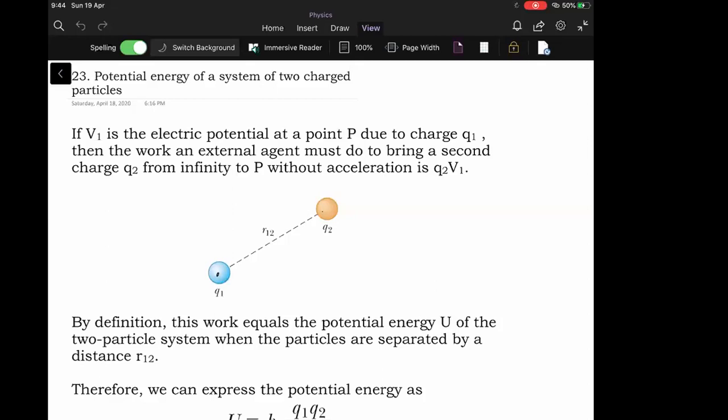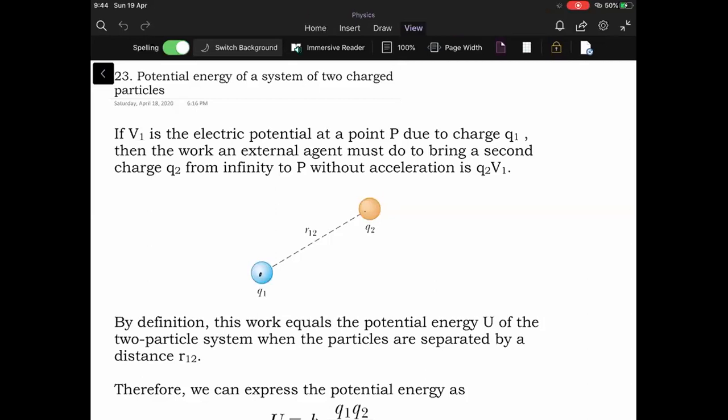So now this is the new topic. Okay, how to calculate the potential energy in the case of a pair of point charges or for a group of point charges. So write this down. This is very similar to what we had done in gravitation last year.